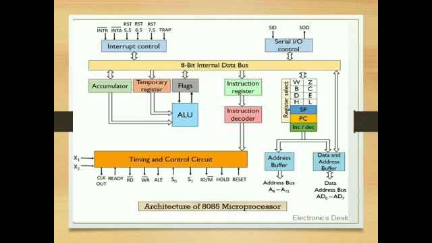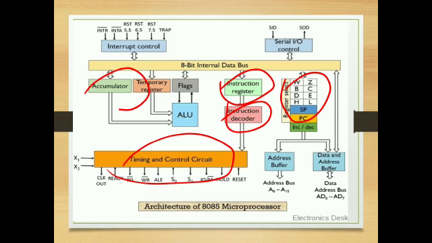So as you see in the figure, it consists of various blocks like register bit, instruction register, instruction decoder, timing and control unit, accumulator and so on. Before going to the mechanism of this architecture, we will try to understand the function of each block. So first let us understand the serial input output control. These are control signals used for controlling the 8085